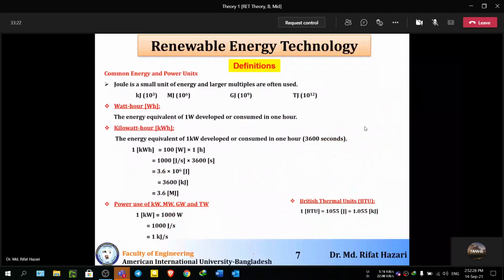Okay, so most commonly used units: joule is actually the smallest unit. When you are talking about power systems, you are talking about multi-megawatt, right? Normally the capacity of power stations is expressed as what? Megawatt, right? Maybe 20 megawatt, maybe 50 megawatt. So that's why, when you are talking about renewable energies or